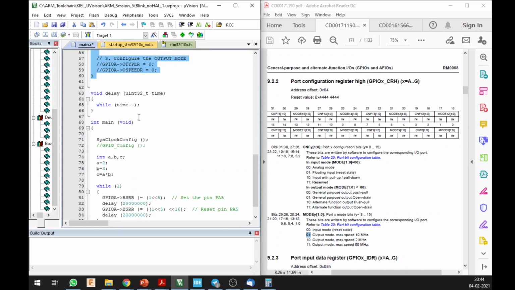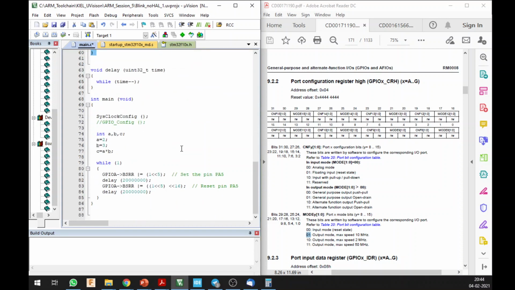And now in order to set it as high or low, or turn it on and off, you go to your while loop, and then you have the bit set and reset register. This is basically where you reset or set the pins. I go back to my GPIO. I am calling the A pin, but I want to really call the C, so I'll just do this. And this is doing pin number 5, but I do not want pin number 5. I want pin number 13. So bit set reset register and pin number 13.